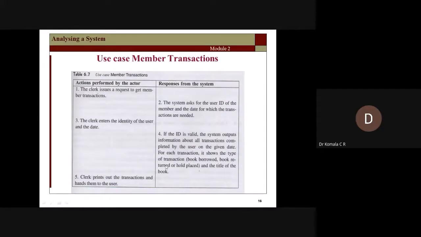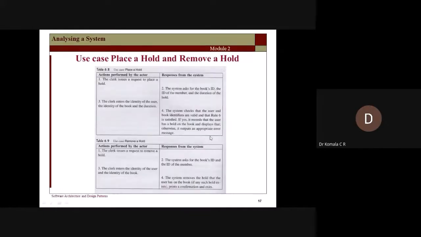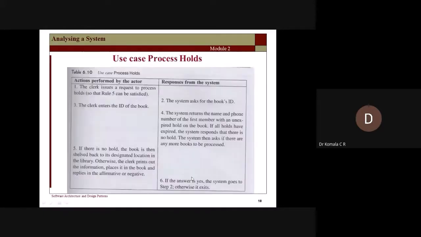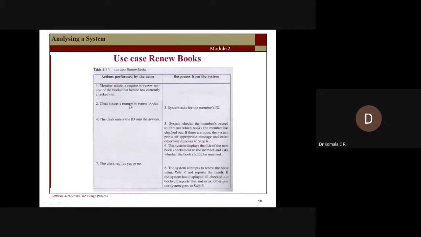Then what else do we have? No rules here. Any rules to be satisfied? Rule 6 has to be satisfied here. So define rule 6 and explain the 4th step with respect to rule 6. Then here rule 5 has to be explained with respect to step 1. How about this one? Which rule? Rule 4. Rule 4 has to be defined and step 8 has to be explained with respect to it.